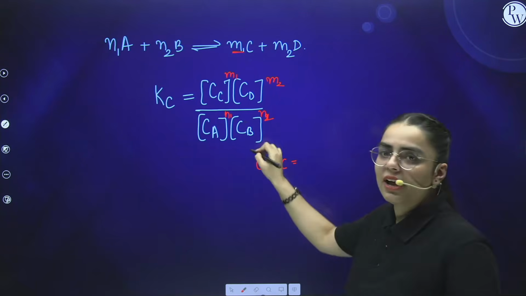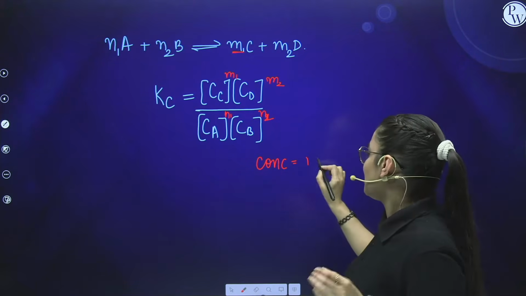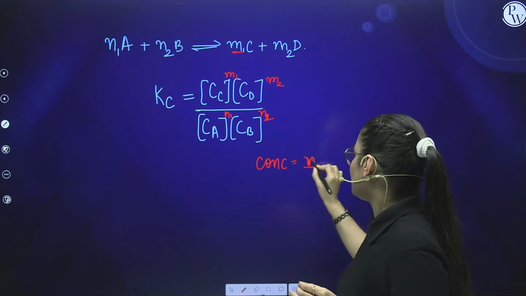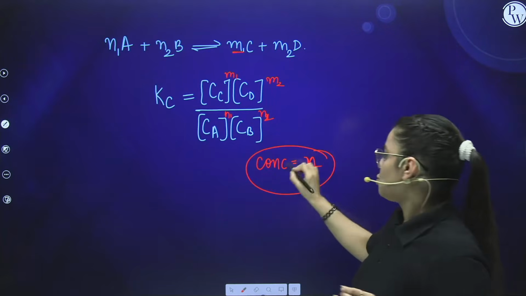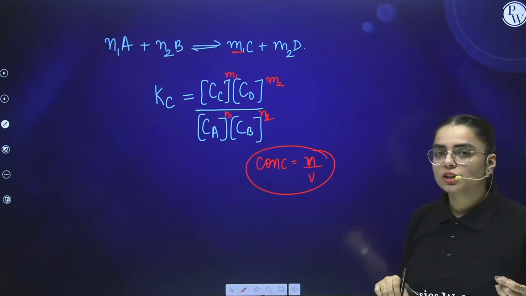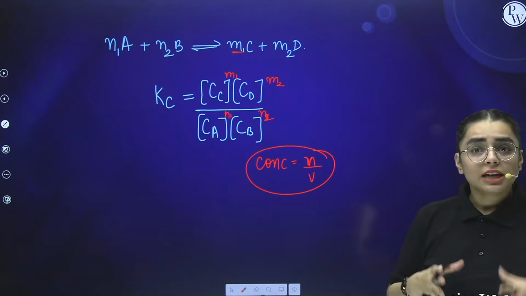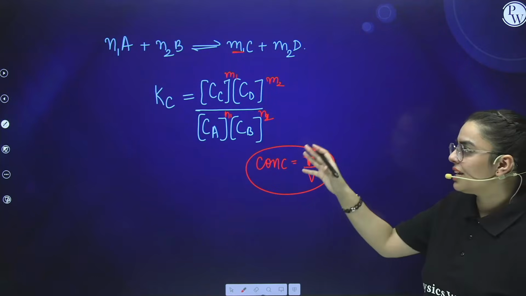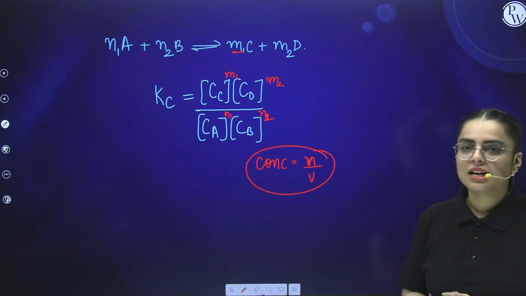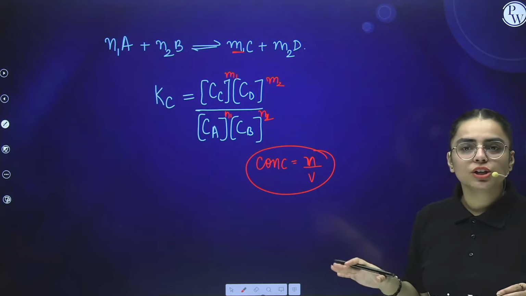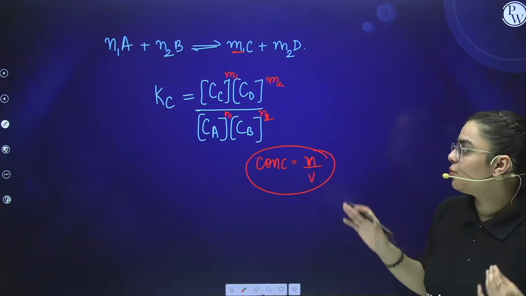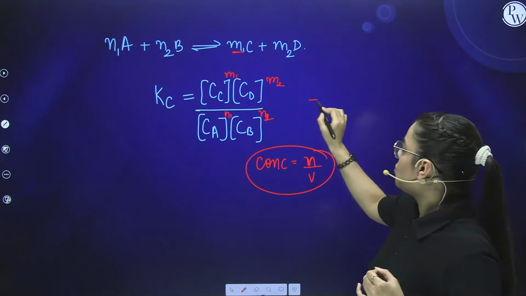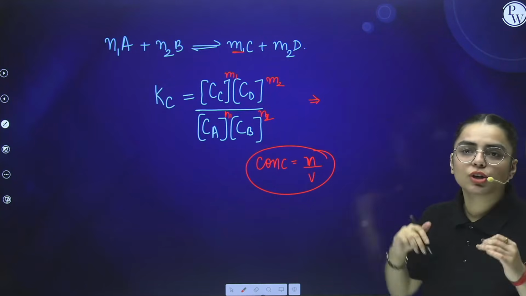Concentration over here, we define concentration. What is concentration? Concentration is number of moles upon volume. So you can equate over here and you can find the unit, which is moles per liter. Now students, unit and expression for Kc. What are the units and expression for Kc? First of all, the expression I have already told you. If I ask about the unit, what will be the unit?